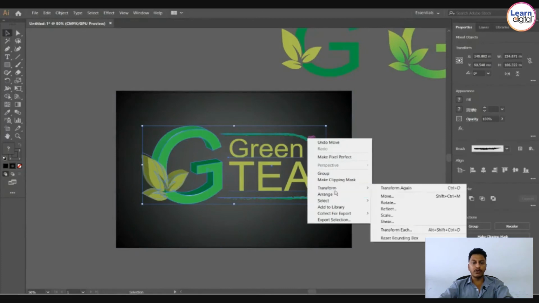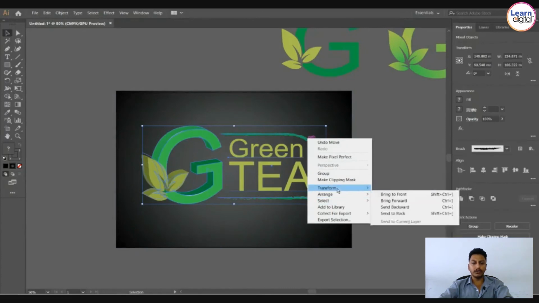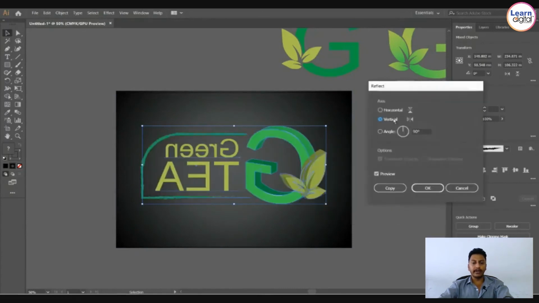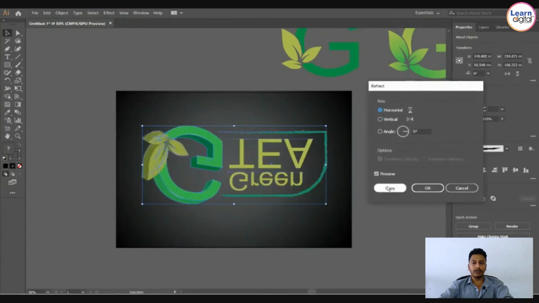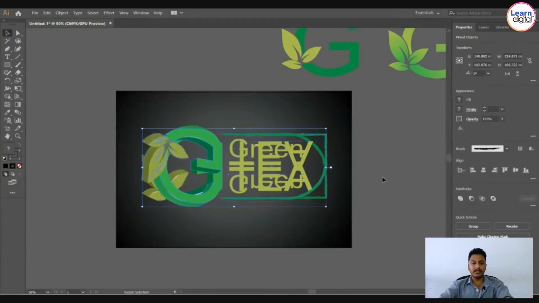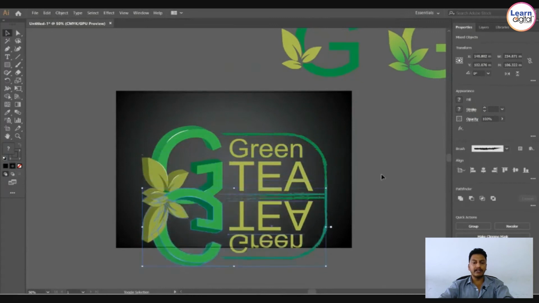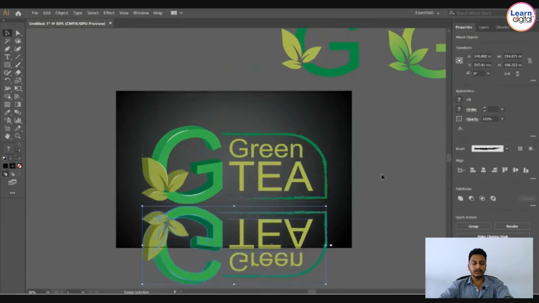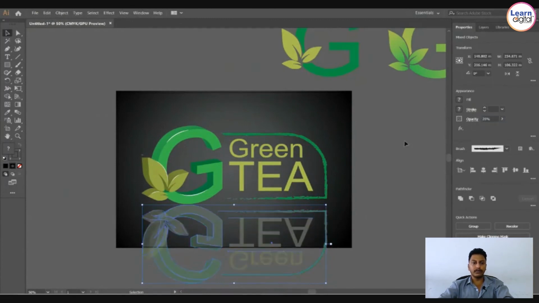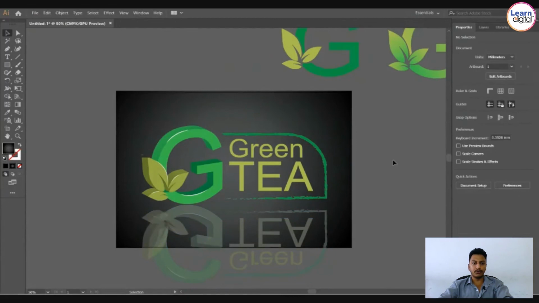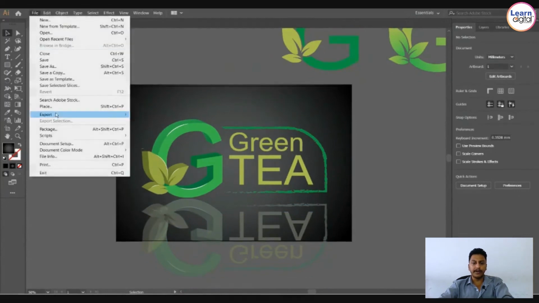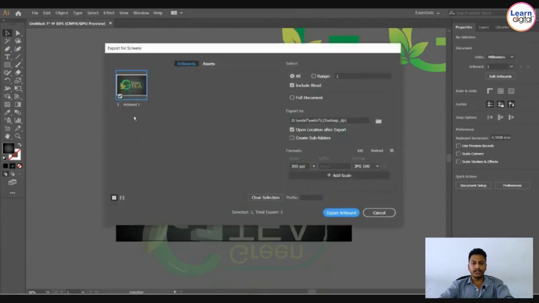If anything goes outside your artboard, it's not an issue. If we save, only the things which appear inside your artboard will be exported. Then decrease the opacity, and only then does it feel like a reflection. Then export. I just want to check the output. Export in good quality. Wherever you need, you can export. JPEG, PNG, PDF, whatever file formats you need, you can play with those things.